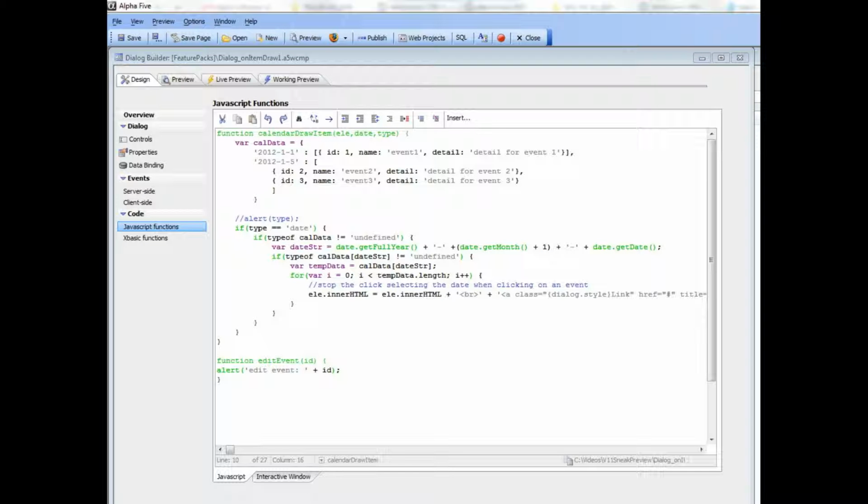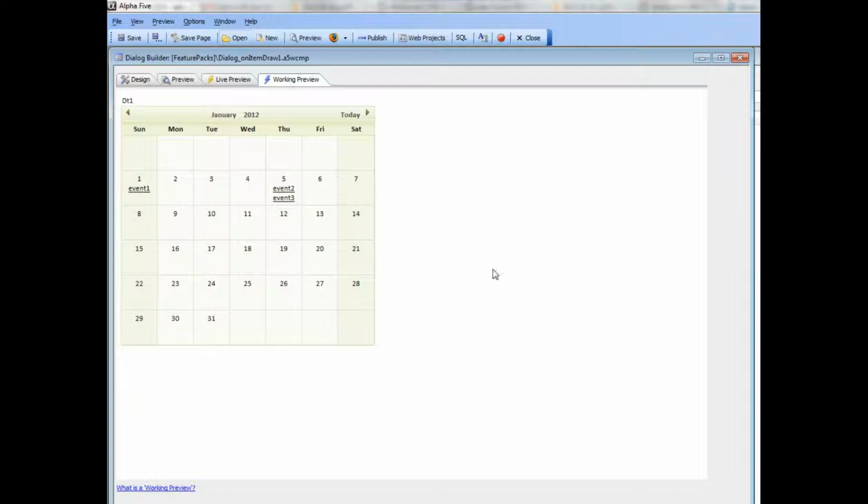So in this video we're going to continue our discussion of how the OnItemDraw event is handled for the embedded calendar, and we've been discussing how to put custom text into the calendar as the calendar is being drawn. So now the next problem that we need to deal with is what happens when there's a lot of events